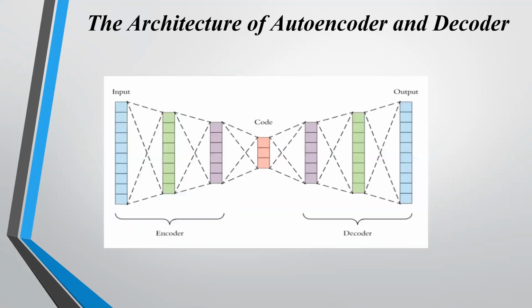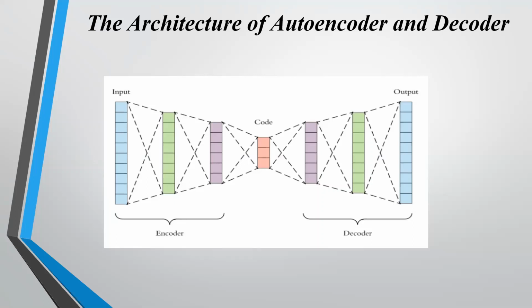Before going to the methodology, I want to explain the autoencoder and decoder architecture. Autoencoders are a specific type of feed-forward neural network which takes the input as the output. They are mainly dimensionality reduction algorithms. Their main properties are that they are data specific and unsupervised. Coming to the architecture, both encoder and decoder are fully connected feed-forward neural networks. Code is a single layer of an ANN.